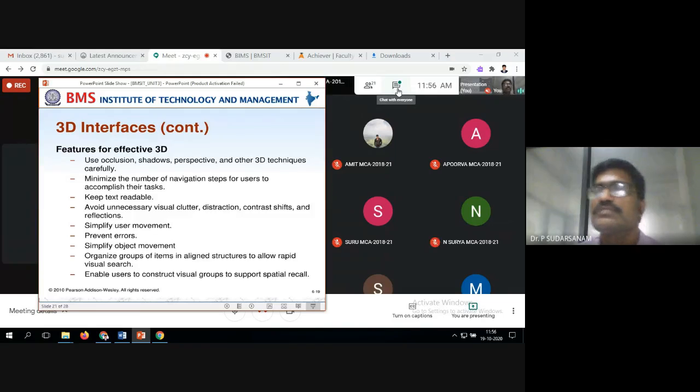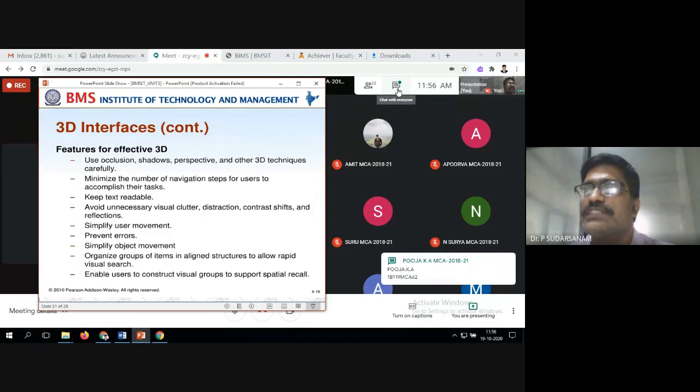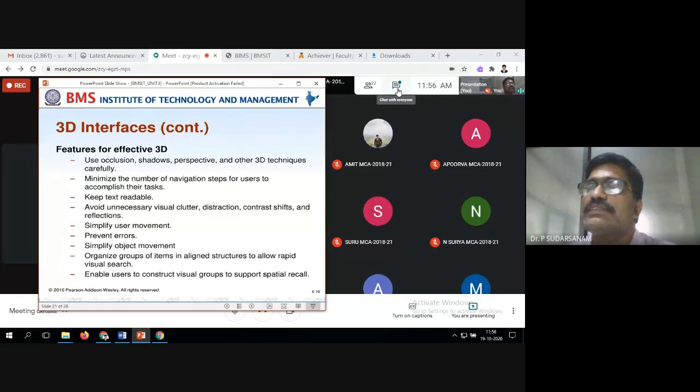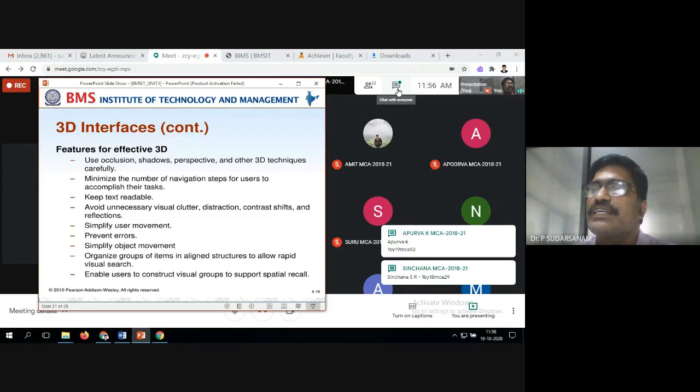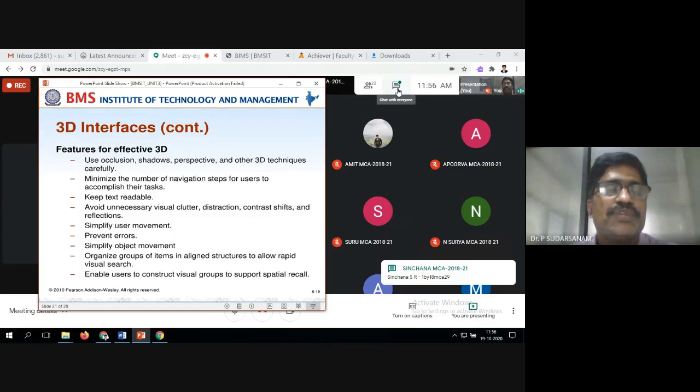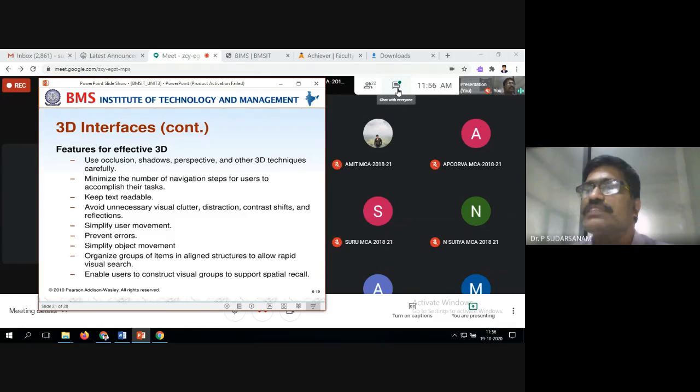So last class we have seen 3D. So 3D examples, in many cases we are seeing. For example, if you take a hospital, CT scan, MRI scan. By seeing all these scannings, doctors are able to recognize and identify which disease has happened to the people. So that is the maximum examples we can give. So let us see how they have given it, how it should be. That's what they have given, some of the points